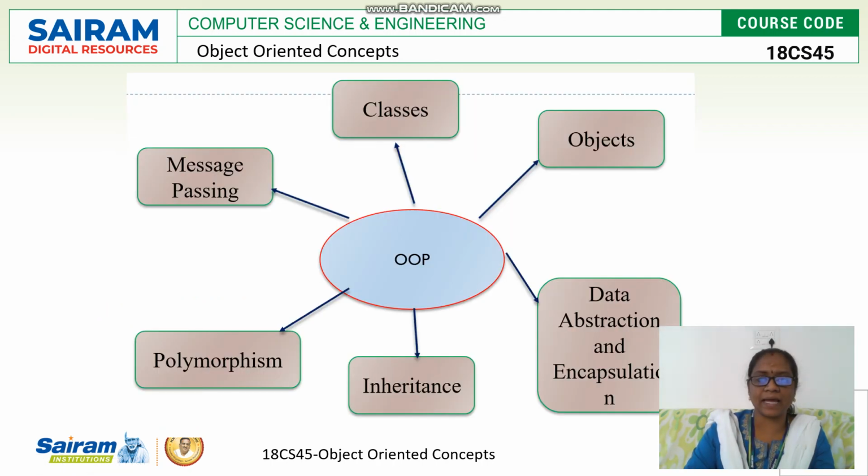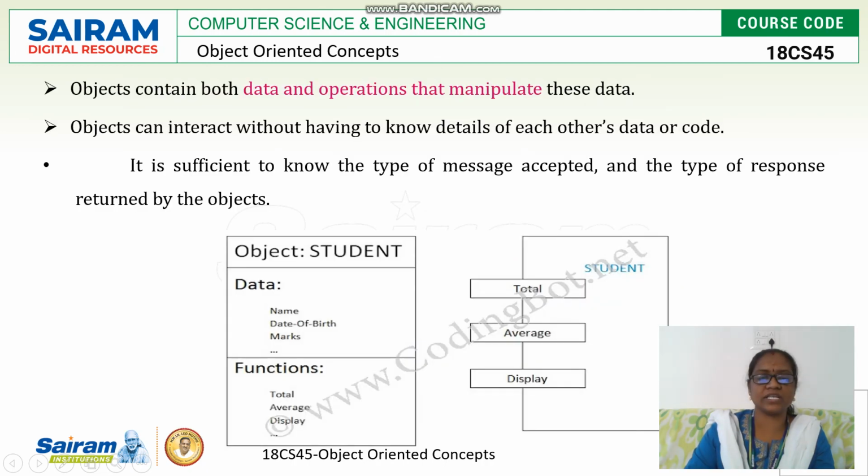So this is the diagram which shows the basic properties of an object-oriented programming system. It has classes, objects, data abstraction and encapsulation, inheritance, polymorphism and message passing. Right. Objects. What is meant by objects? An object contains both the data and the operations that manipulate this data. So when you take one object as student, data is nothing but